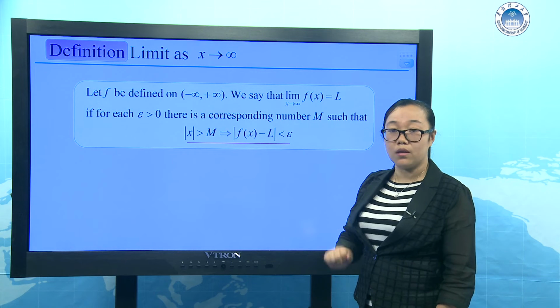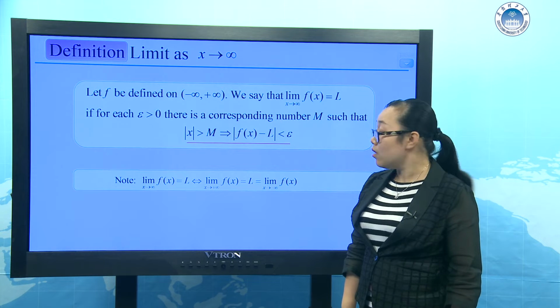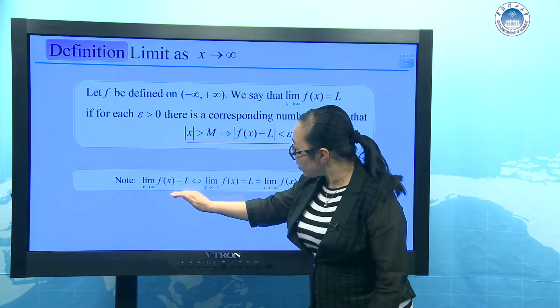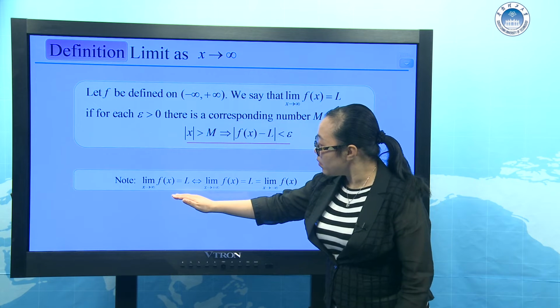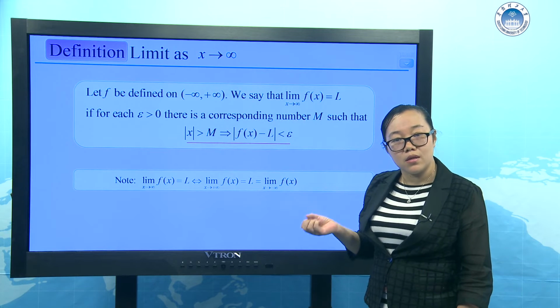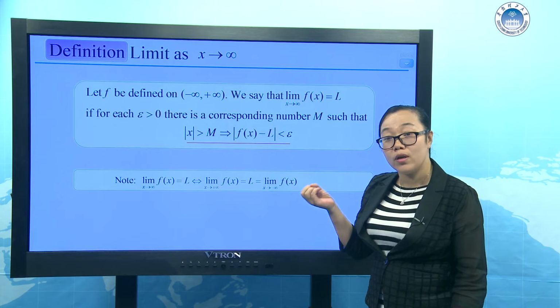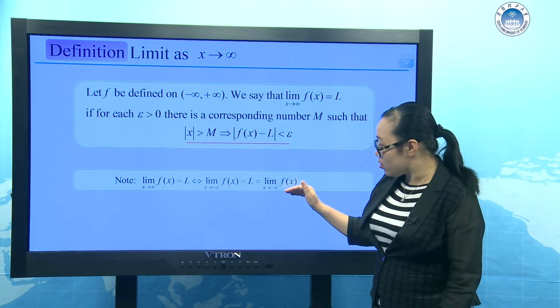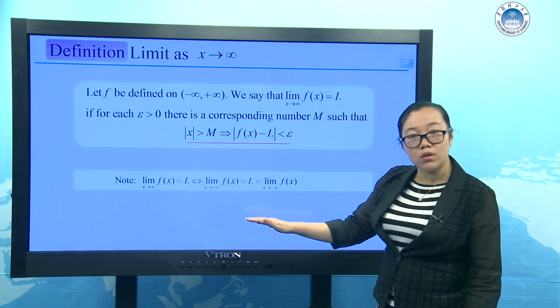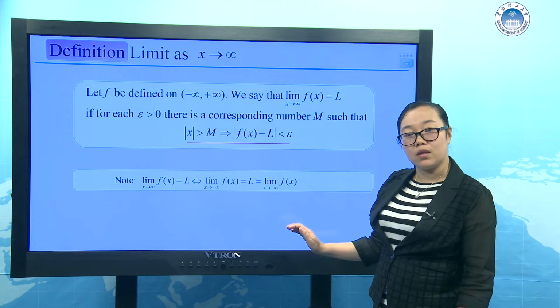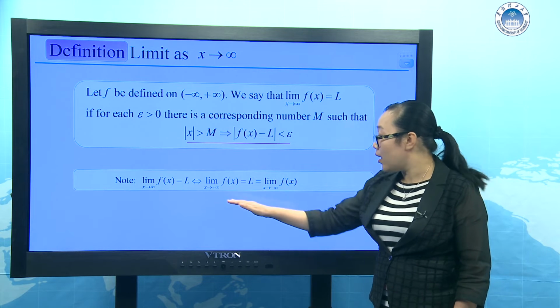Try to understand this expression. This means the limit of f(x) as x tends to infinity exists